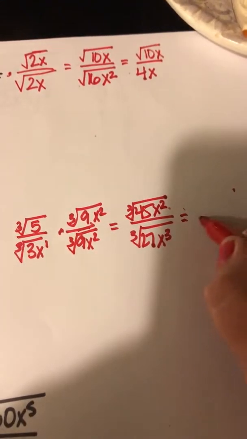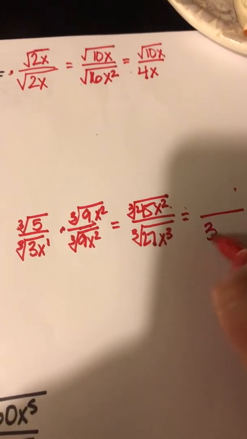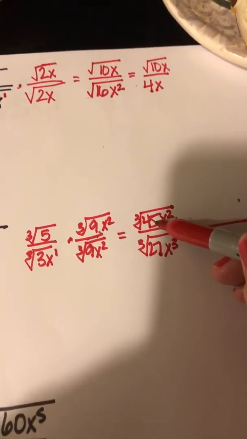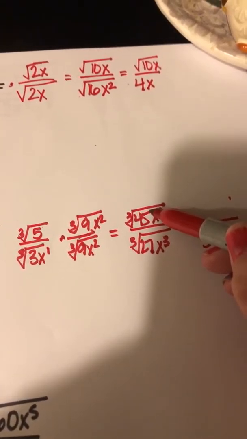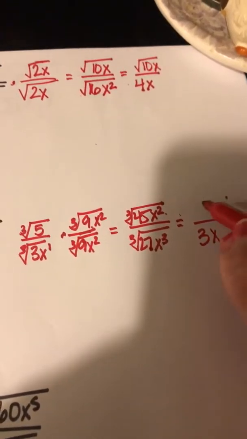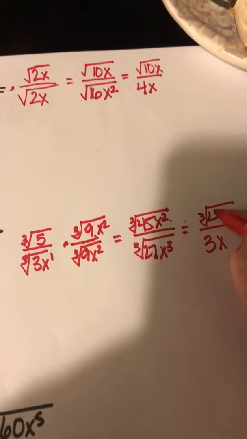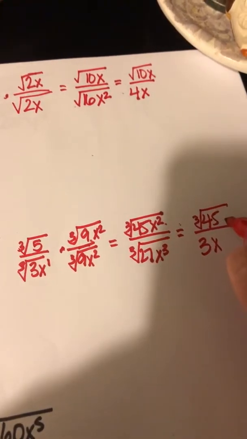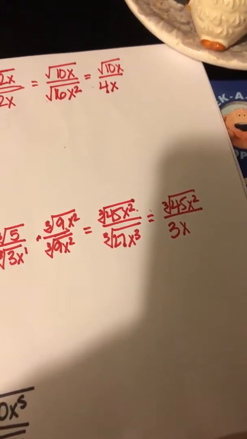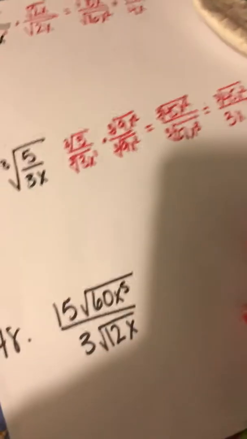So on the bottom there, the cube root of 27 is 3. The cube root of x cubed is x. On the top, let's see if 45 reduces. Perfect cube, that could go in there. 27's a perfect cube, 8's a perfect cube, so that can't be reduced any. And then 2 divided by 3 is not an option, so I just leave it on the top as is. All right,